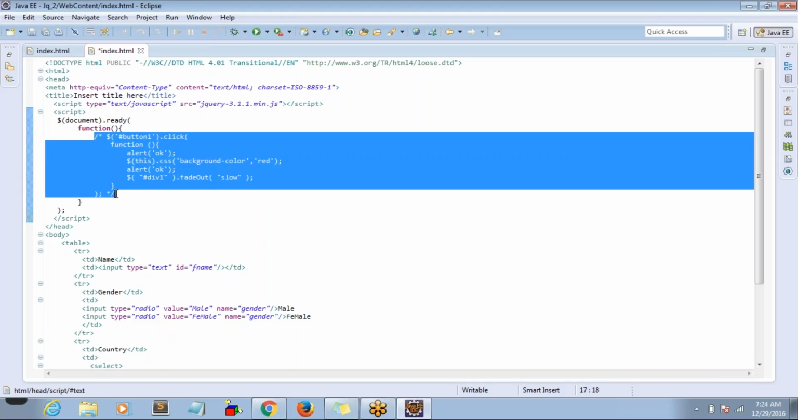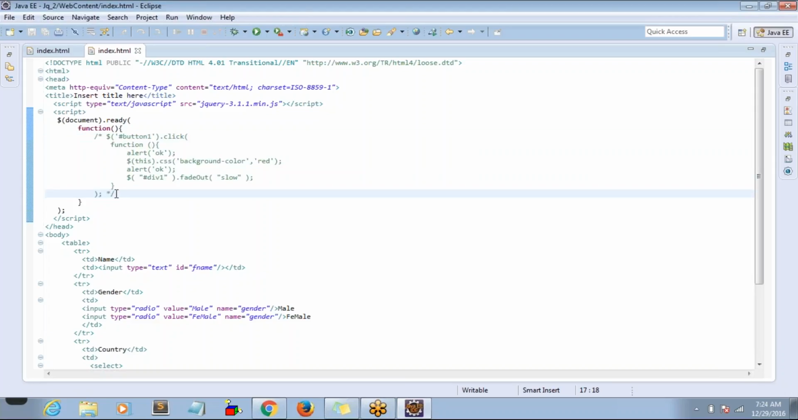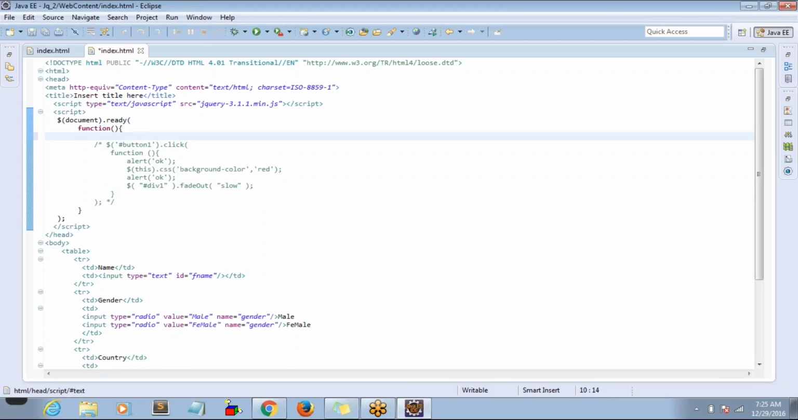Yes. So these are the things we know. Once the DOM is ready, I want to see this alert message. What is DOM? I forgot. What is DOM? DOM means,